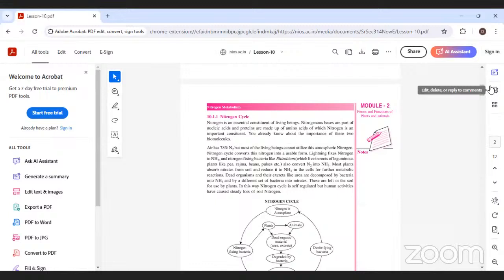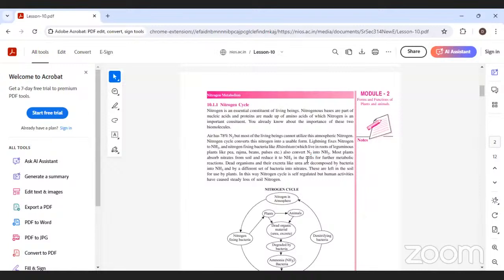Green plants can use nitrogen as ammonia, NH3, or in the form of nitrates, salts containing NO3, and these are